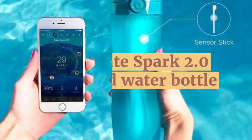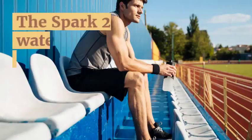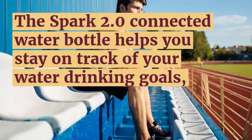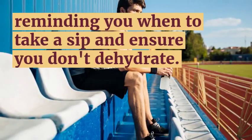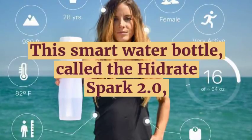Number 3. Hidrate Spark 2.0 Connected Water Bottle. Better hydrated. The Spark 2.0 connected water bottle helps you stay on track of your water drinking goals, reminding you when to take a sip and ensure you don't dehydrate. This smart water bottle, called the Hidrate Spark